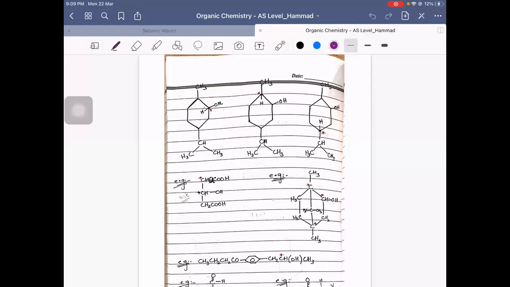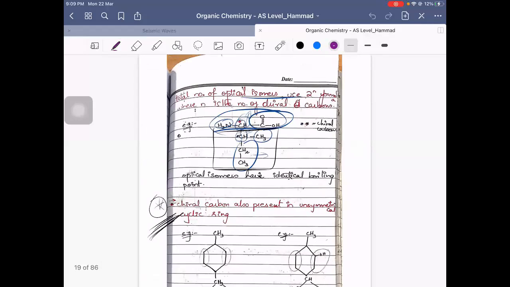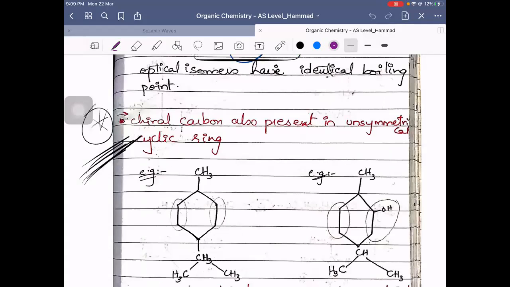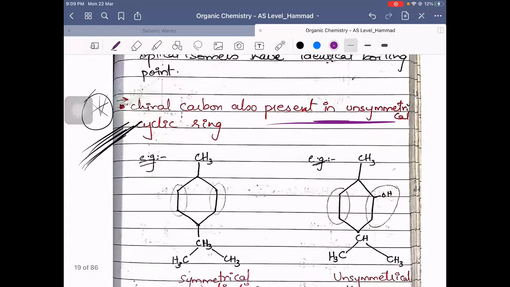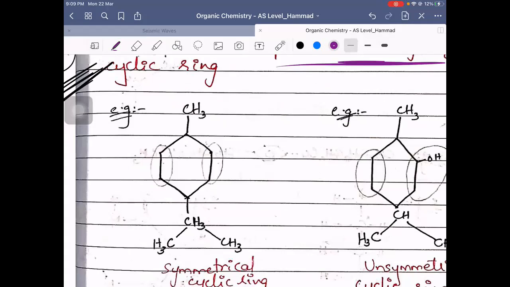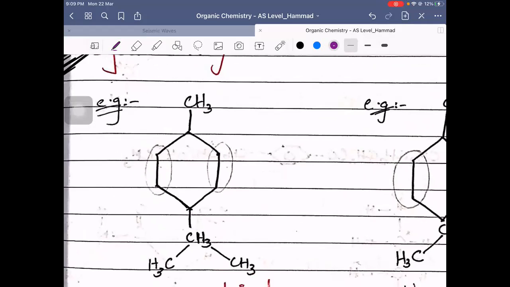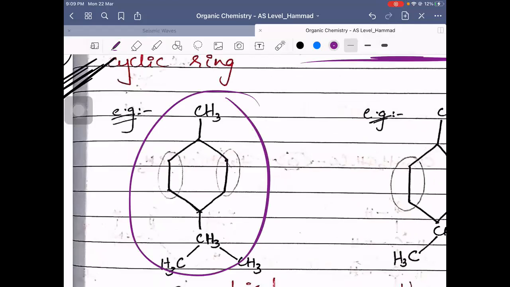Okay, in the last class we had discussed chiral carbon atoms. Chiral carbon atoms are present in an unsymmetric cyclic ring. Let's say this is an entire cyclic ring. This part would be symmetrical, because if you notice, this carbon atom will be equivalent to this carbon